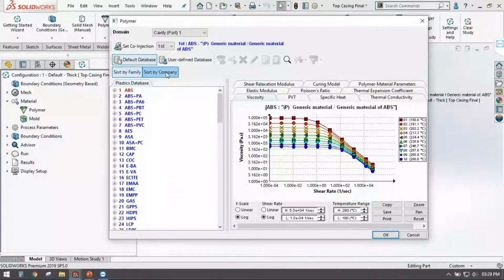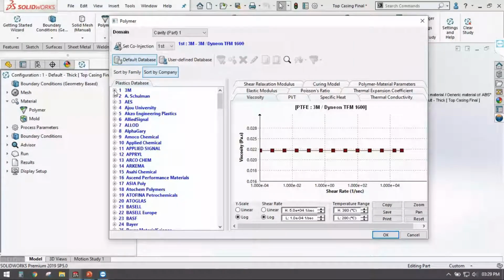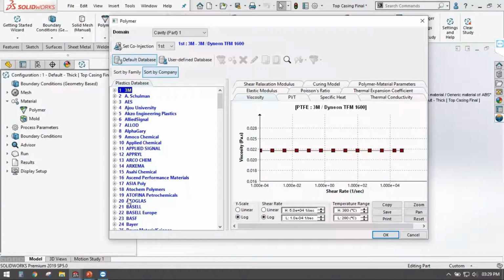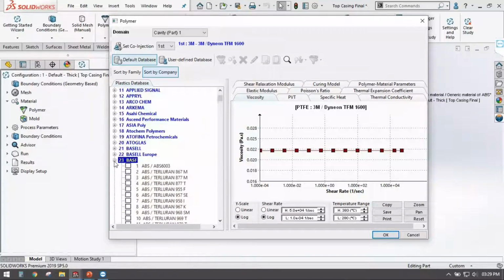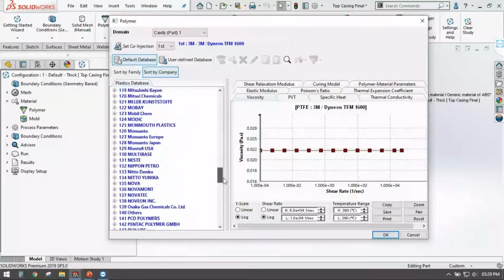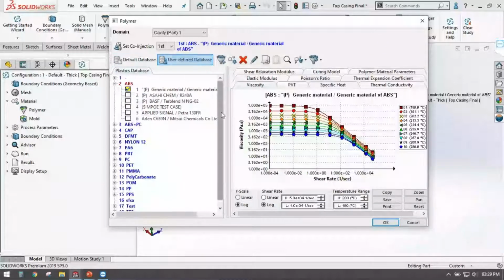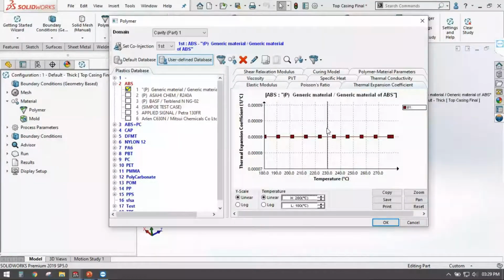You can also bifurcate using company. So which company you are using the material from, for example 3M, right, or for example BASF, right? So there are various companies also listed, so you can use the material, as well as you can create your own custom material by inputting all the plastic parameters, right?